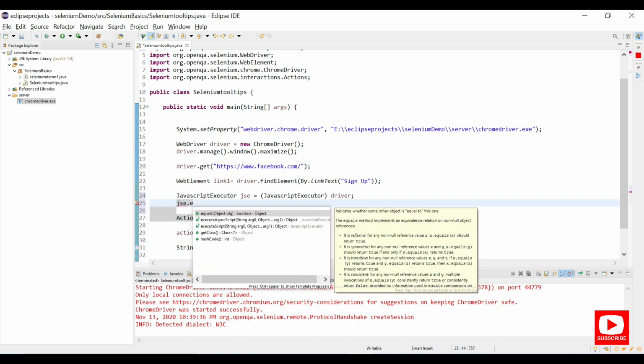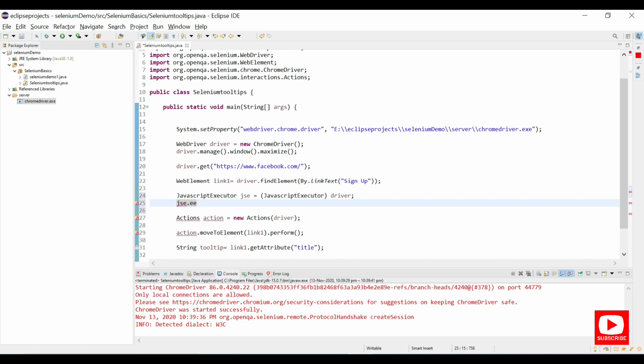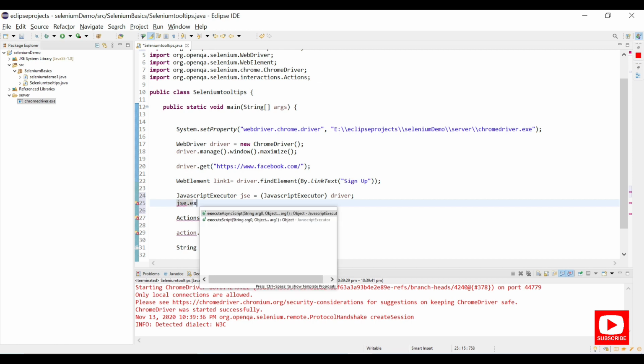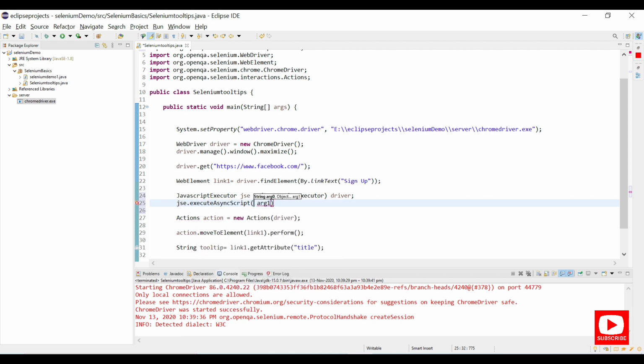Using the JavaScript executor reference, I will say executeScript, and this script accepts window dot scrollBy, and give me the offset values.